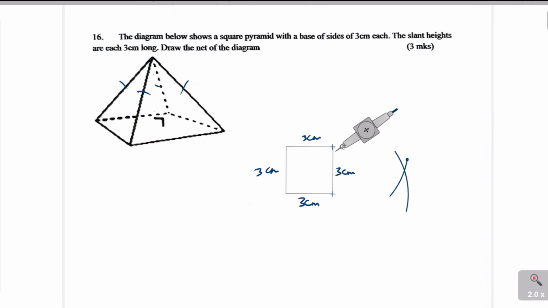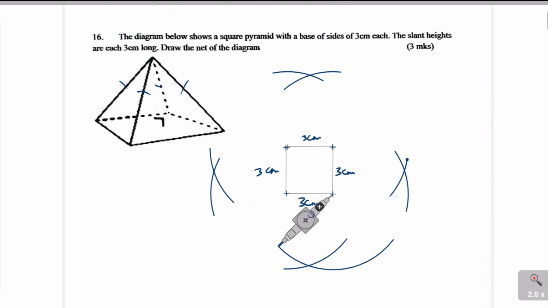Then the other corner, all the corners, you have to do this from all the corners. So from this corner again, mark an arc there with the same measurement, 3 centimeters. Do the same, then cut that arc. On the other corner, mark an arc there. Then stand on this corner again and cut that arc like that. Then on the other side, like that. So once you've made those arcs,